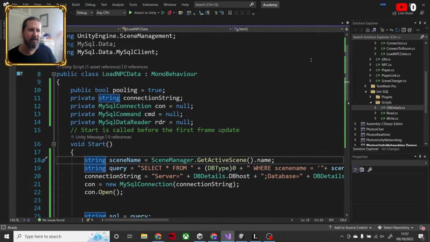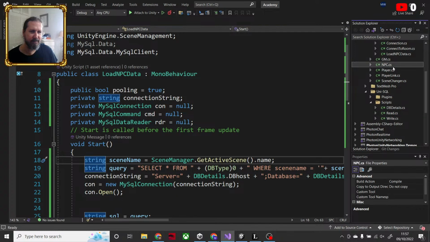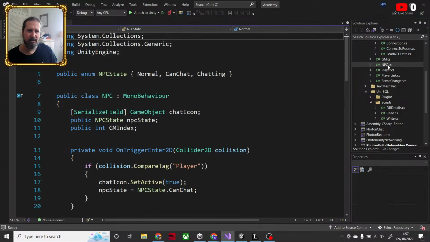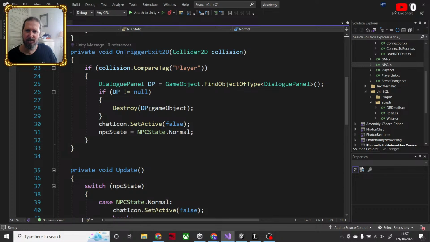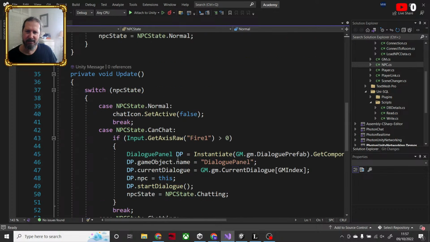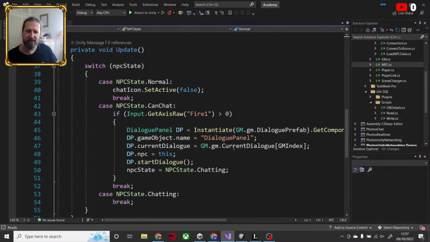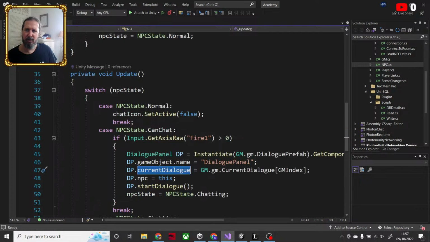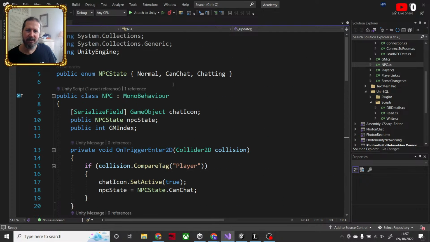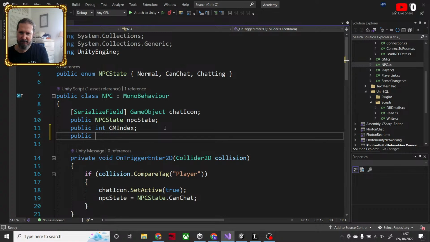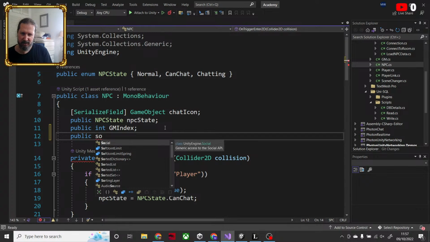Currently on the NPC, where is it? Here we go. So on the NPC, when you go to initiate the chat, it's going to grab the dialogue from the game manager. I want to put that dialogue directly onto the NPC. Public and SO. So hopefully that comes up.